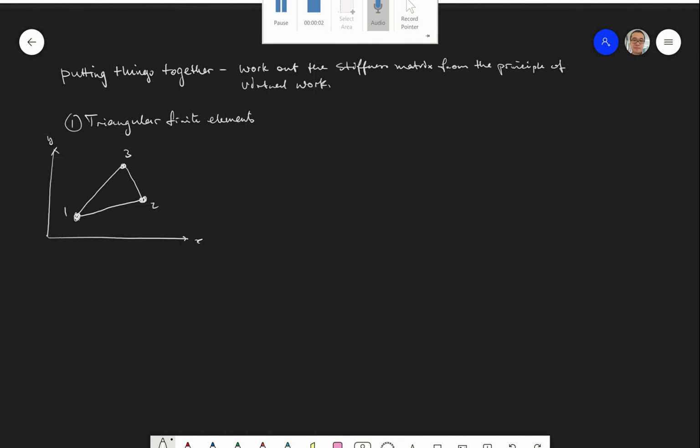So now let's look at how we can put everything together and use the principles of the virtual work to calculate the stiffness matrix elements for a typical finite element that we use in the finite element analysis. Now, the mathematical form of the final matrix elements, for example, in this case, the triangular matrix element, is written in the slides. So the final form of the K matrix is on slide